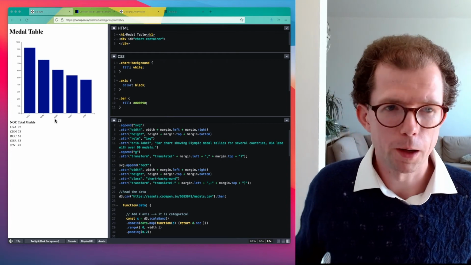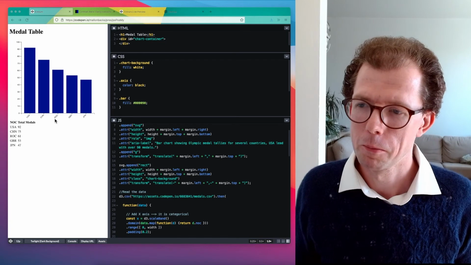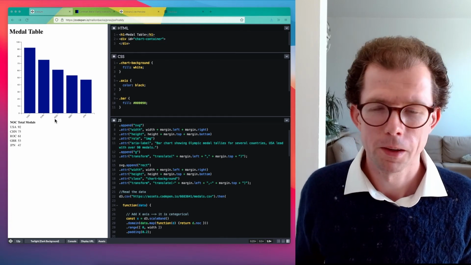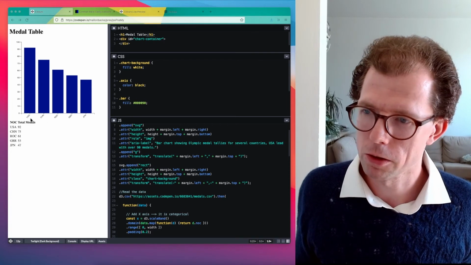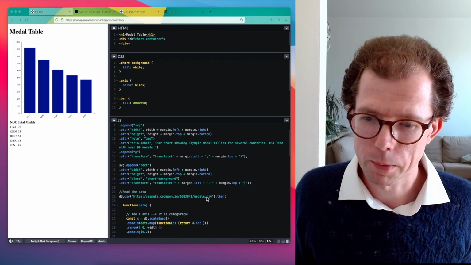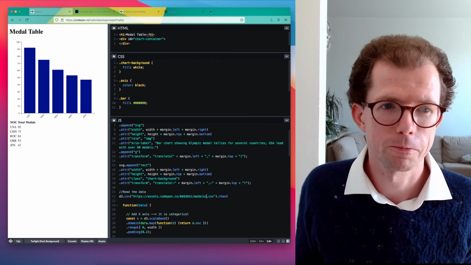Now, in general, WCAG does require that abbreviations be explained when they're used. But here, at the moment, no explanation is given. Now, the easiest thing might be to just swap the codes to the actual name of the National Olympic Committee. And I've actually got a CSV file ready where I do that. So let's see how that looks.